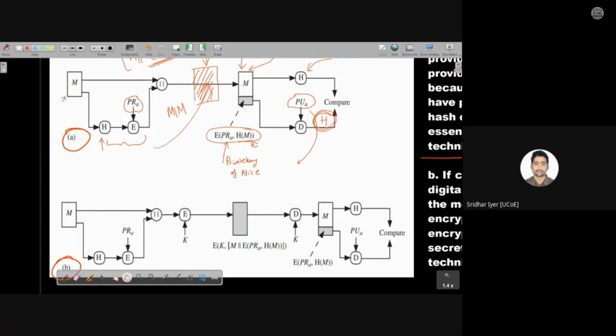But now, as you all know what is Diffie-Hellman key exchange algorithm, they can use that algorithm at their end and create their own shared key, using which they can encrypt the appended text which they have just now received from Alice, right? This is the only difference between scenario A and scenario B. Now, am I clear? Is this concept clear?